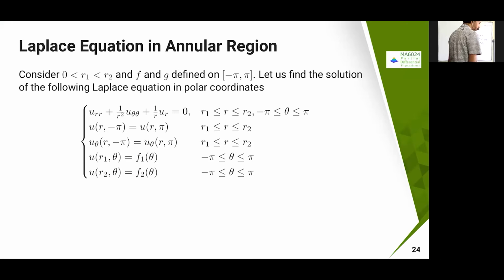Now let's solve one problem in an annular region. How to solve the problem? Once again, we are going to take this equation, u_rr + (1/r) u_r + (1/r squared) u_theta theta, plus some conditions. Now we are going to define it on an annular region. Annular region means you have r1 and r2 here, with the center; this I call r1, and this I call r2. So this is the portion I have defined.